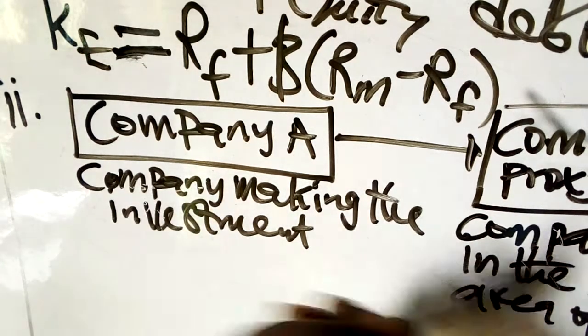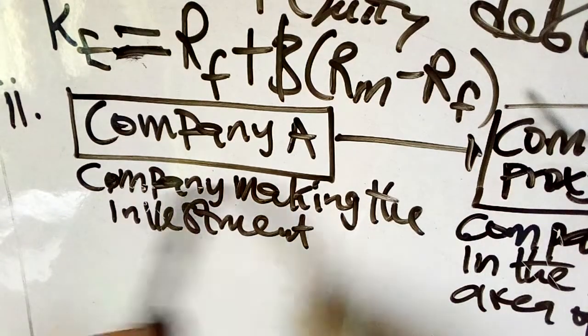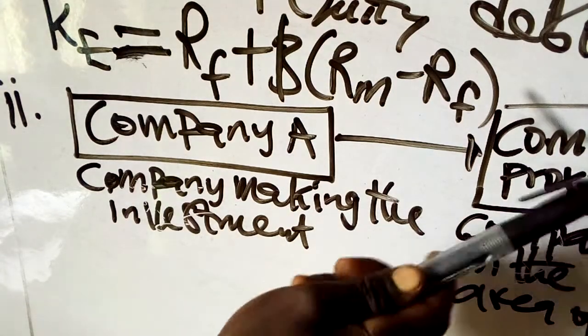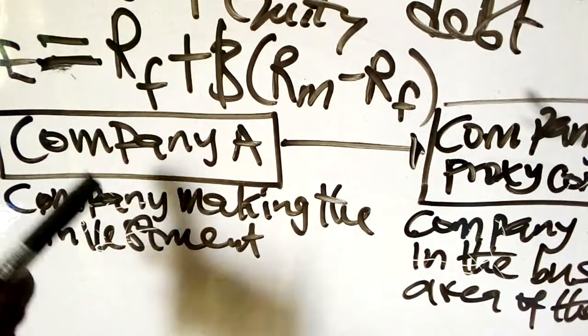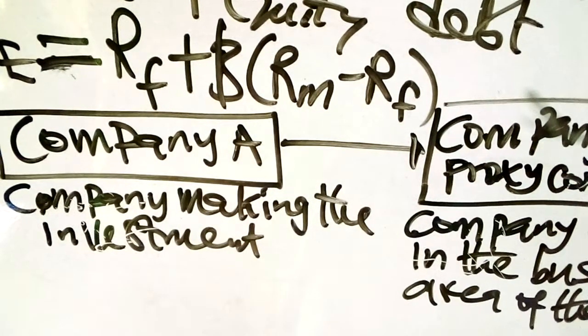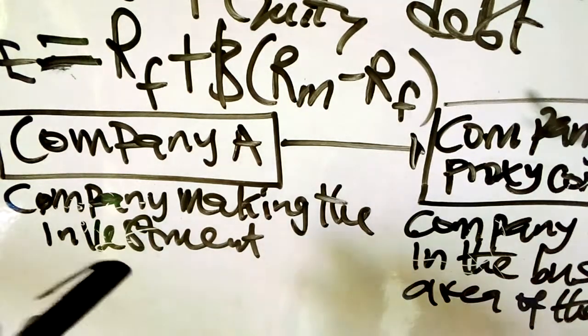They are of different business risk. The business risk of the proxy company is different from the business risk of the investor. So, since they are of different business risk,